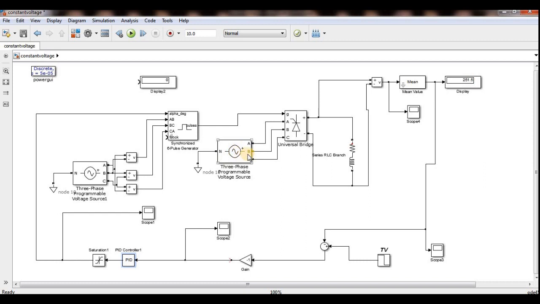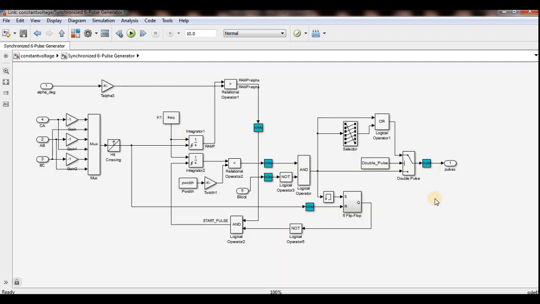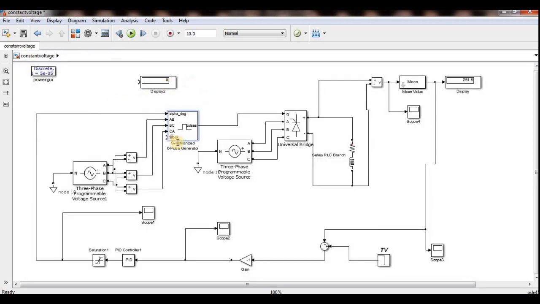See, this is 50 Hz and this should also be 50 Hz. I am taking the phase voltage, line voltages here, A and B. So line voltages I applied. This block is used to block the output pulses during a particular time period. If I take a time period of 1 second, I can block the signals for 1 second. In my other video, I will explain how we can generate these complete pulse signals. But due to time limit, I cannot explain all these things over here.